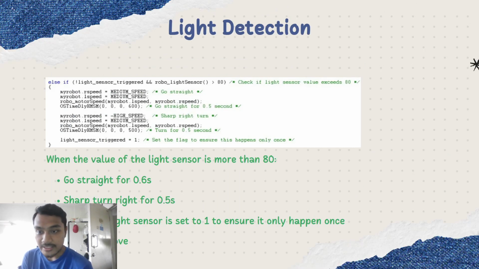Next is the light detection. In this code, we put here the value of threshold, which we mentioned here is 80. So in this case, if the light is detected and the value of the light detection is more than 80, then the program is executed. So when the value of 80 is exceeded, then we program the Robocar